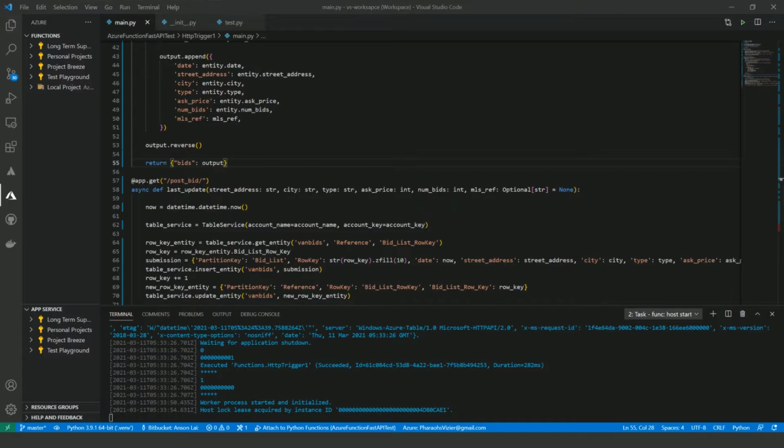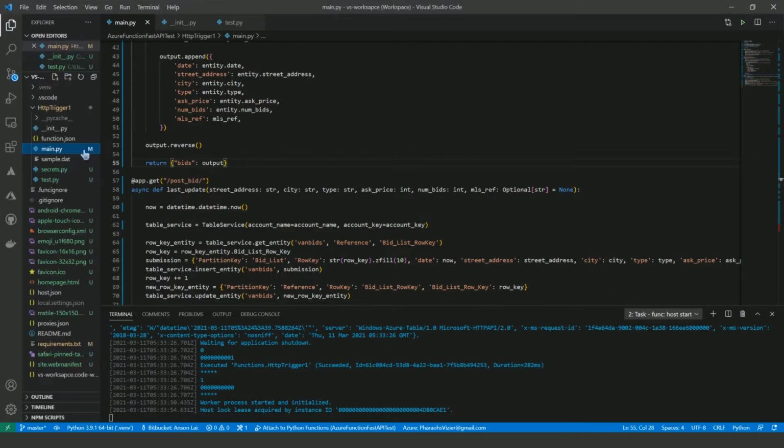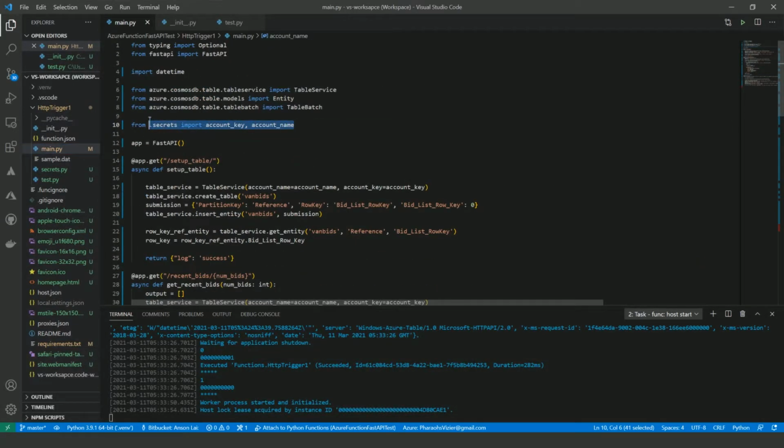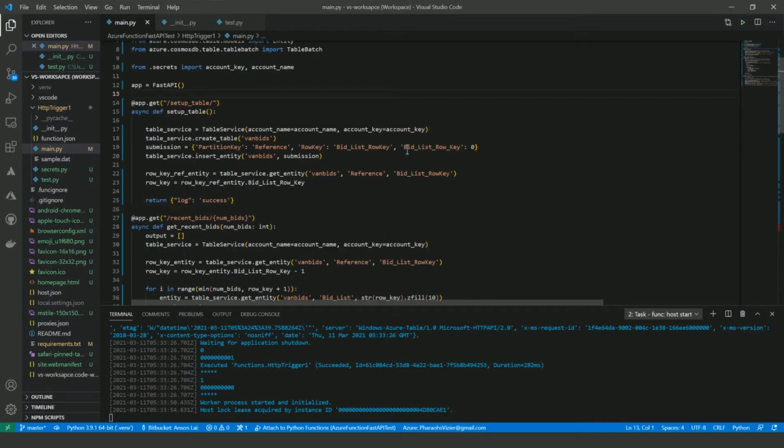And what we did was copy over the keys to the secrets file. I obviously can't share my logins and access codes, but you can see that I reference them here from the secrets file. And we finally have it running.